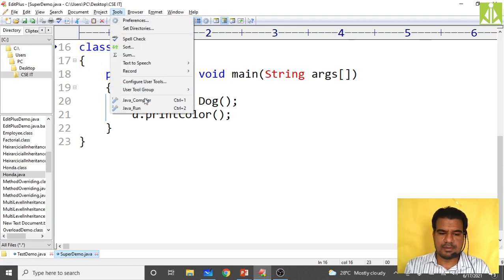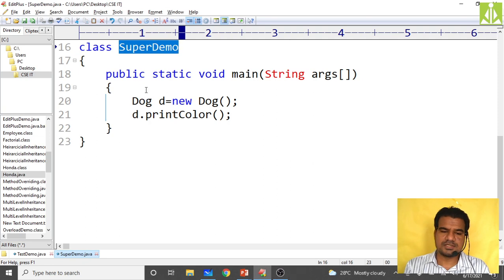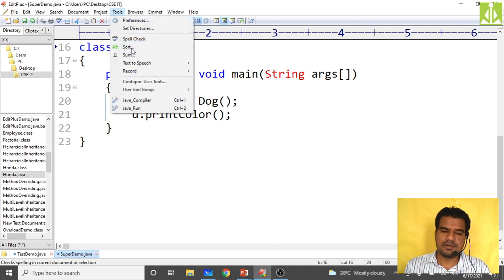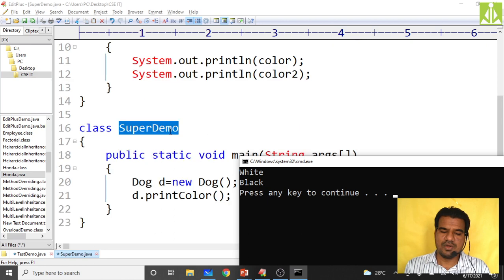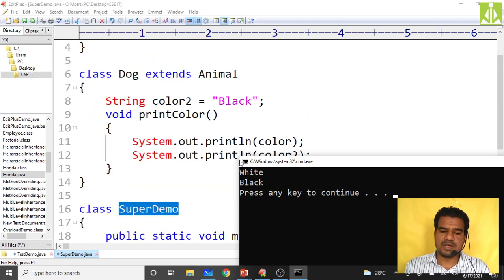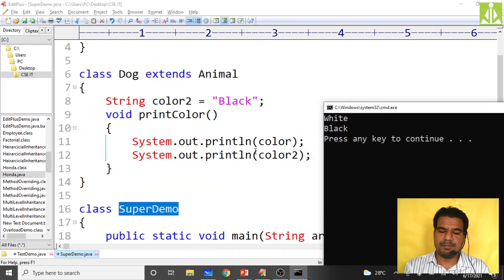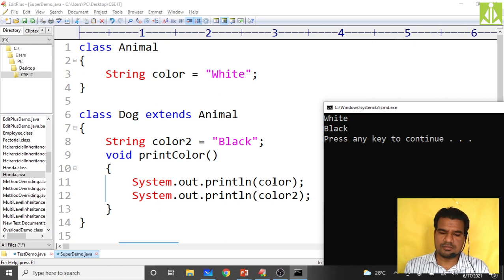Now compile, success, run. Sorry, again I pressed compile. Then run. As you can see, we got both white and black. As we are printing color first, we get the animal color. Then we print color2, so we get the dog color.